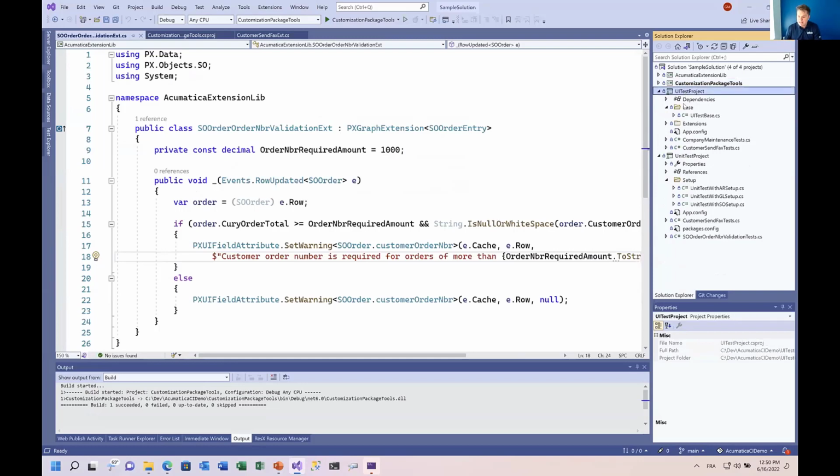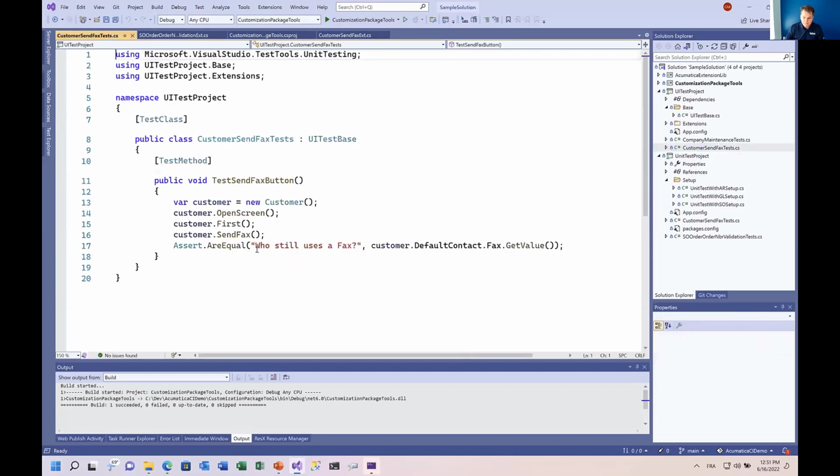Next, I have my UI test and my unit test. For the UI test, I built two tests. One that will check the send fax button. It's very simple. It creates an instance of customer. It calls open screen, the first move first, and then the send fax button. Okay, so you'll see that if I just type here,